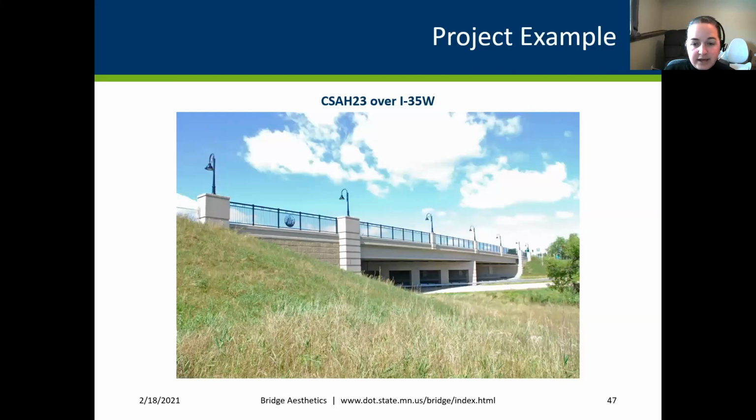Like I said, this one's up in Lino Lakes, but you'll see they have community identifying features on this structure. So you get here and you're like, oh, hey, this is Lino. We must be in Lino Lakes because the light fixtures have a blue heron on them, and the reeds that are in the Lino Lakes logo are also built into that railing. So we're seeing a lot more of these types of icons wanting to be placed on a structure.